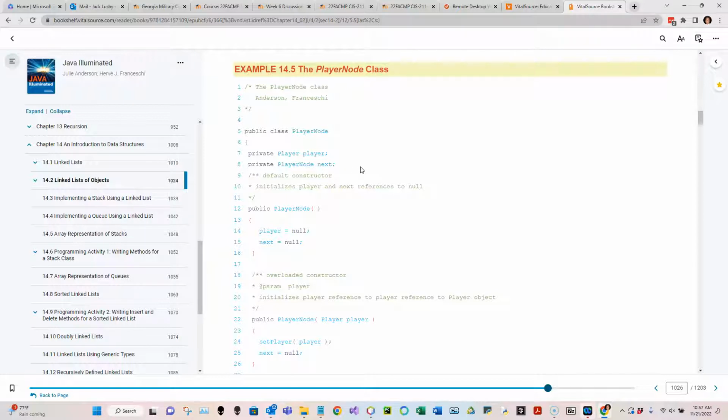And so that's the story behind this particular class: it stores the player container, player data information, in this variable called player, and it also points to the next one, the next player node in the list. All right, so the whole point of this particular class is to link together all these player